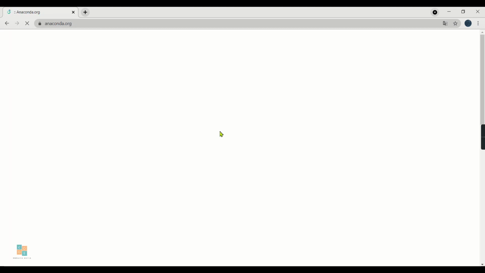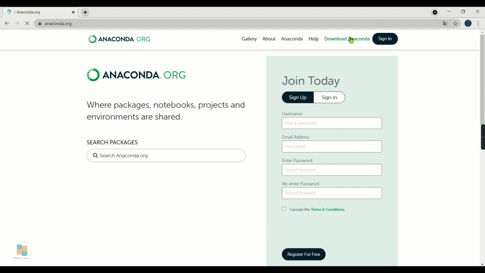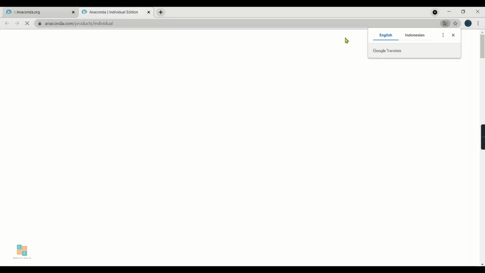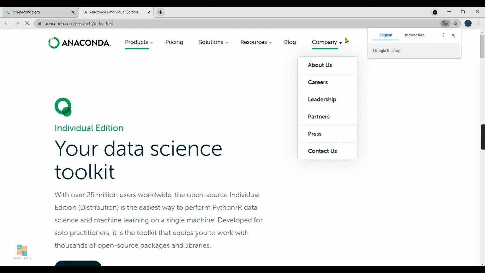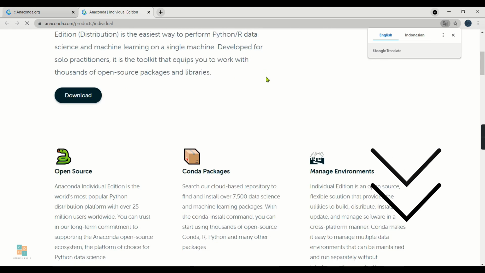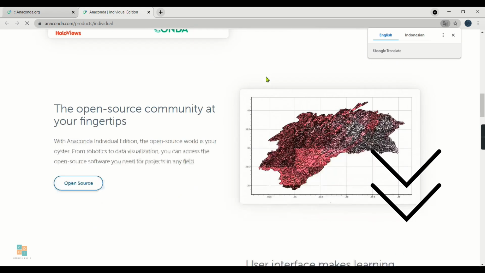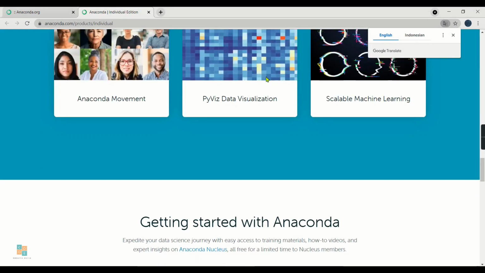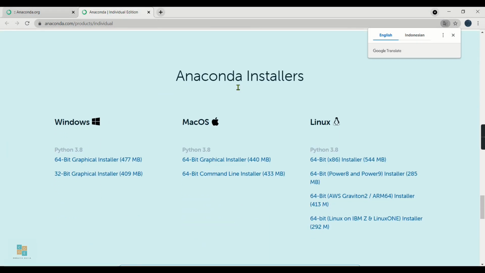Now you are on this page, and select the download Anaconda button. And then you need to scroll down to nearly the end of this page where you will find this Anaconda installer. Here is your information. Anaconda is developed for only these three operating systems: Windows, macOS and Linux. You have to make your correct choice of Anaconda version based on your system.